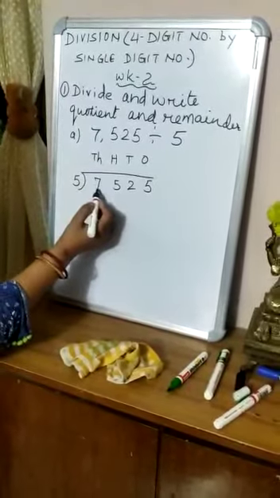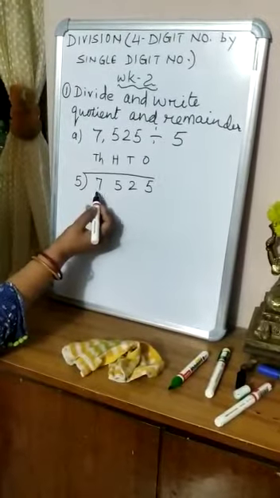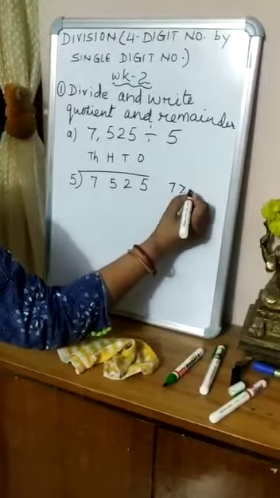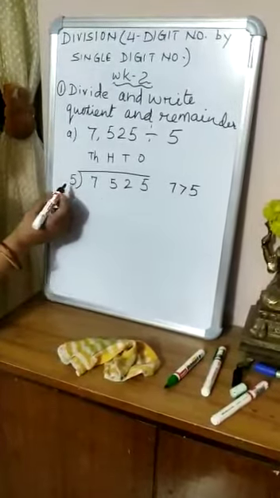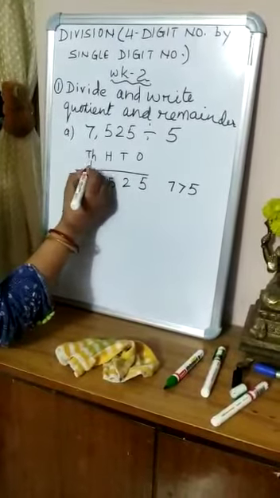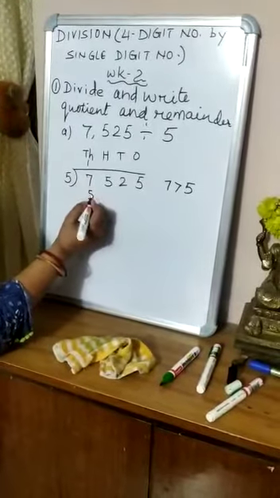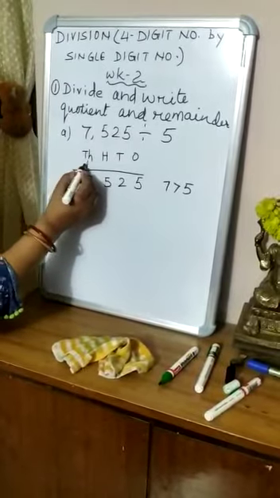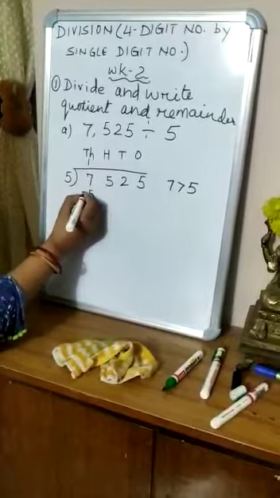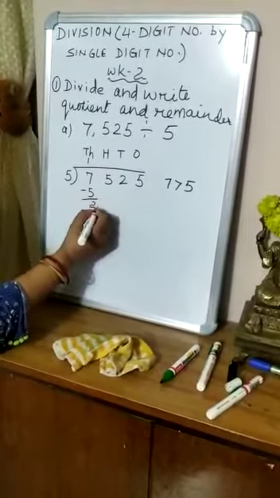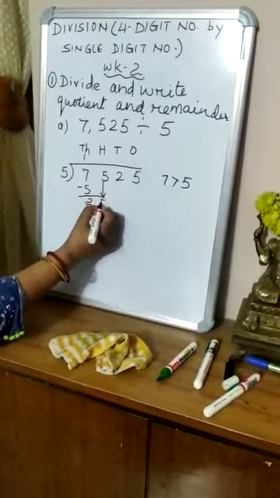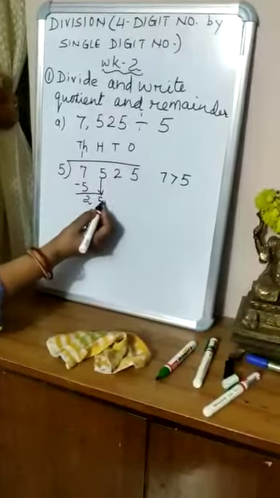It means the greatest place value digit to the smallest place value digit. So here 7 is the greatest place value digit. What is the value of 7? 7000. So this 7 is more than 5. Okay. So it is possible to divide. So I will start 1 times of 5 is 5. So I will write down 5 and I will write 1 in the thousands place. This 1 is a quotient. So 1000. So 7 minus 5 is 2. Now I will put down this 500 along with 2. So now it will become 2500.